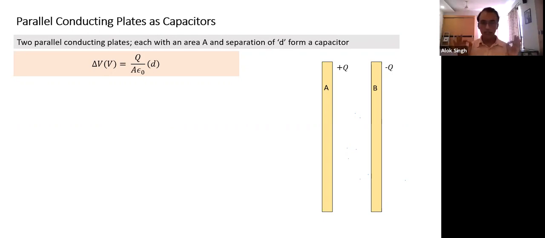And all electrical devices work on this principle. How do we get electrical energy? We make the charge flow from a higher energy state to a lower energy state. So I must have two energy states; only then can charge move. Where does the charge move? It moves from a higher energy state to a lower energy state. Positive charge moves from a higher potential point to a lower potential point.